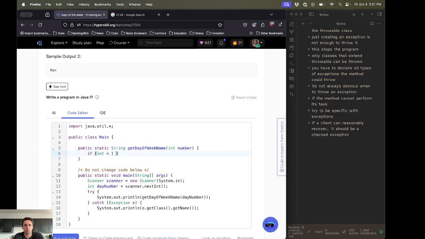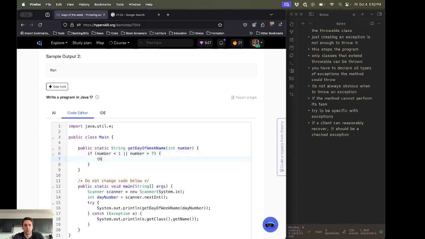Oops. Okay, alright, there we go. If number is greater than 7, then throw illegal